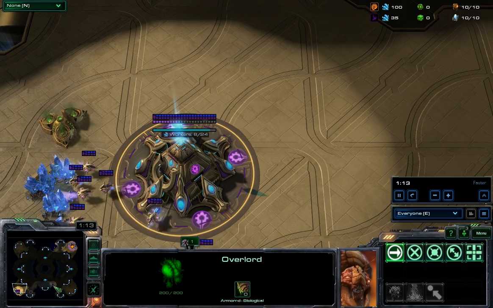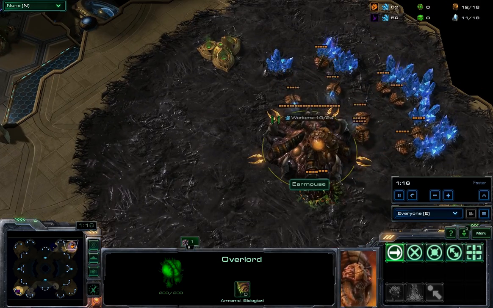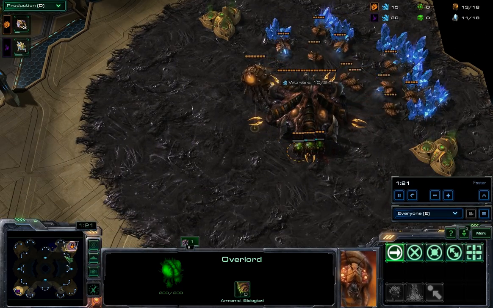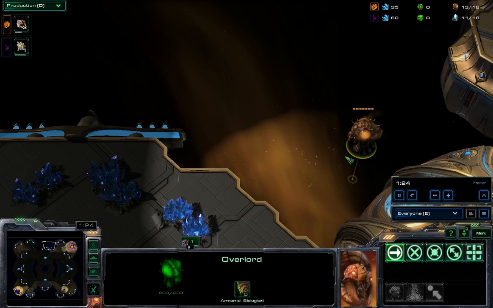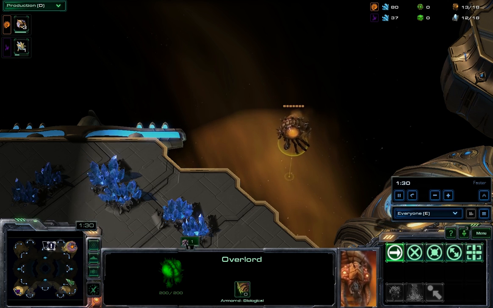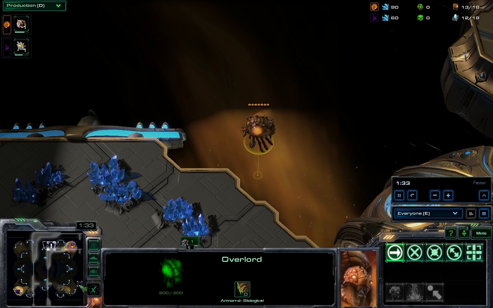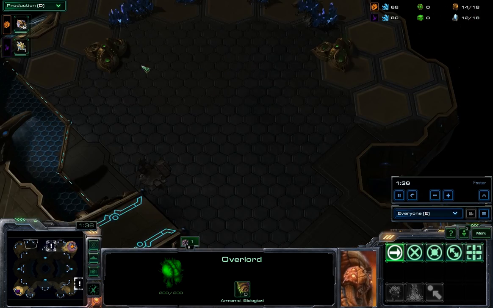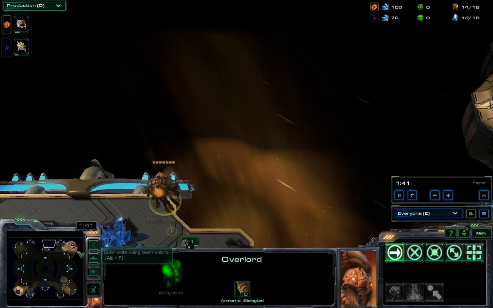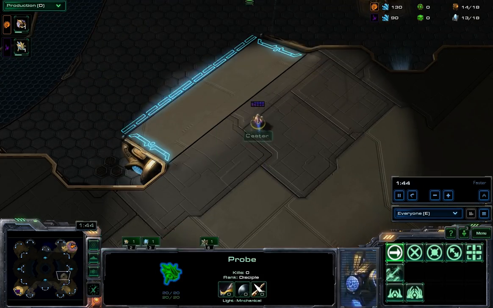Right. So here you are. You got your Overlord going, and you've got so far just building drones. I feel Caster down there, probes. This Overlord here was a mistake. This Overlord should be going over here because he's running in to scout a natural expansion instead of a main base. So, he messed up. But